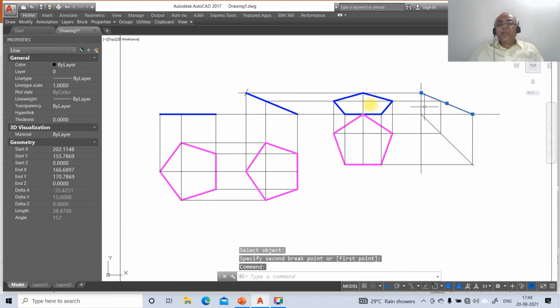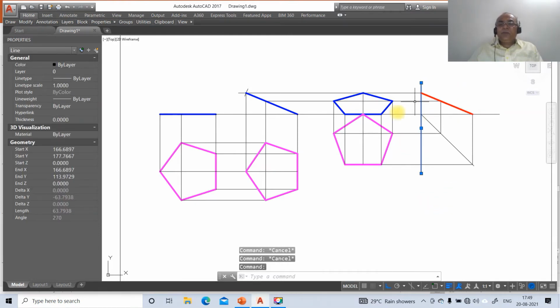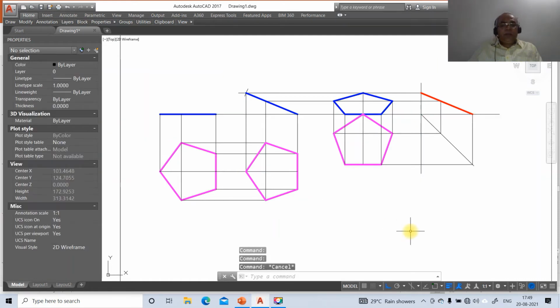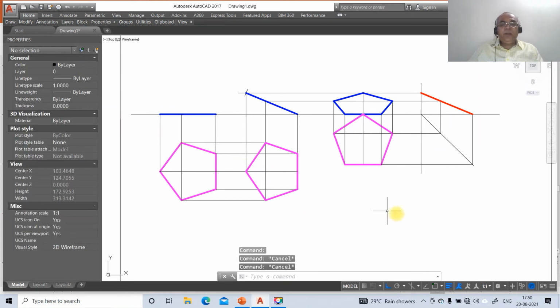Now you just go to select, go to layer, make that layer as side view. So once you do that, now we have the drawing which has been completed. Then you just select this point, this line, and also this line. Then go to layer, make that layer as XY. Now you just go to line, take the intersection of this and draw a horizontal line here. Then you select this and go to layer, make that layer as XY.